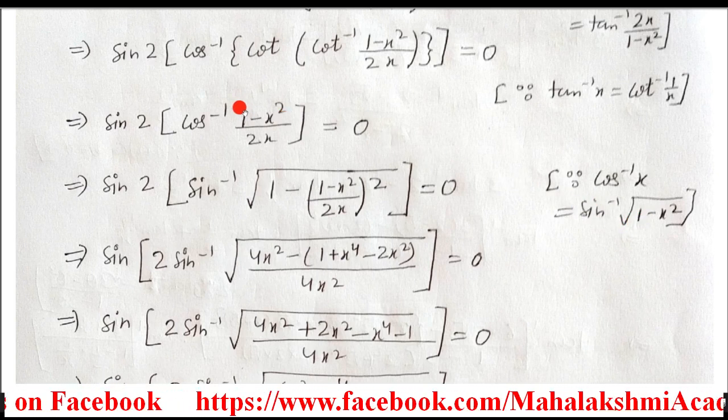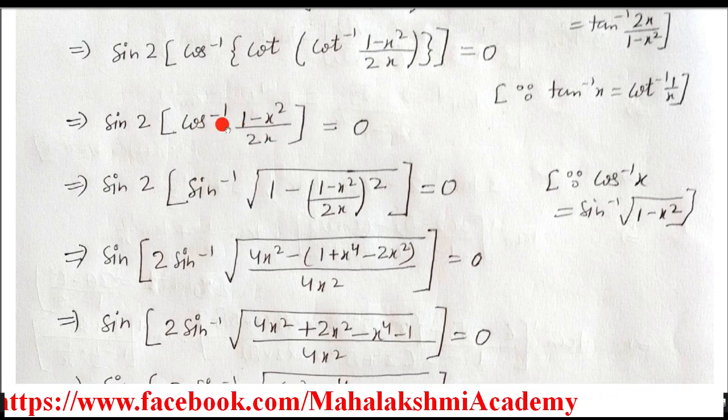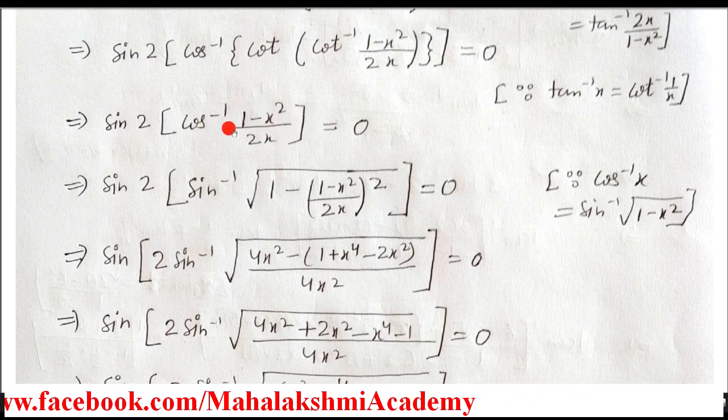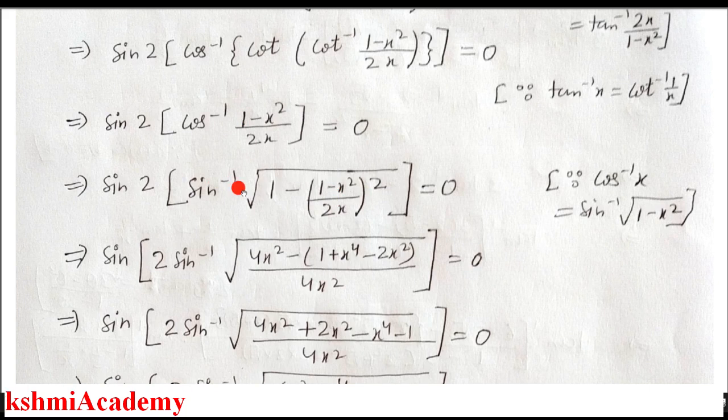So what is x here? This complete polynomial is x for us. So cos inverse, this complete expression is x for us. So cos inverse x is equal to sin inverse root 1 minus x square, so I wrote it here. Now what we had done in this step, we converted the cos inverse in the form of sine inverse because outside